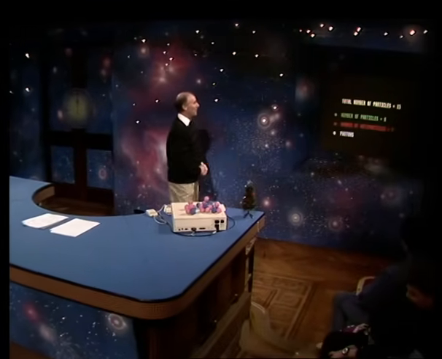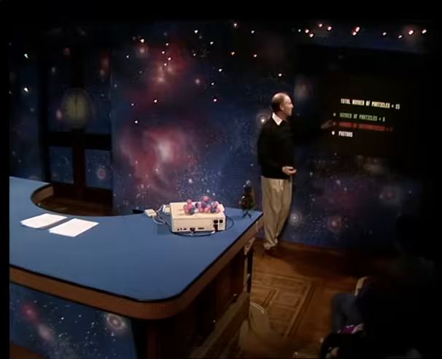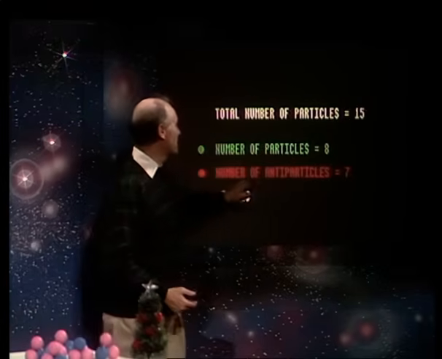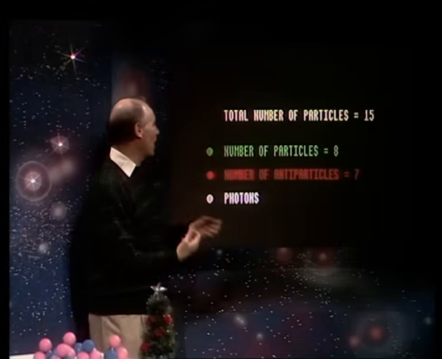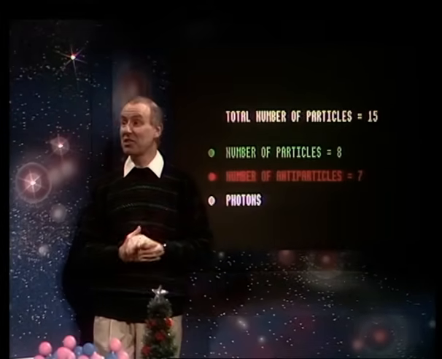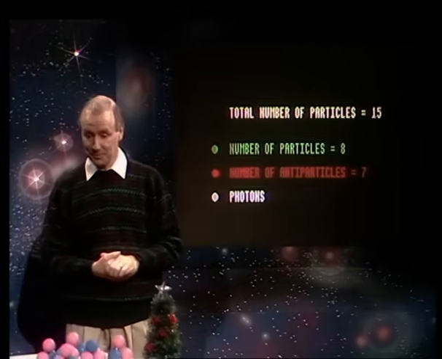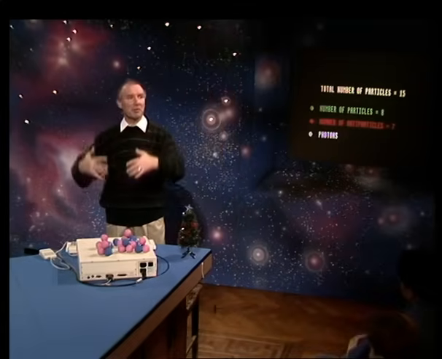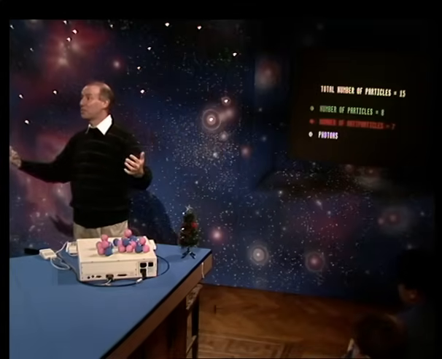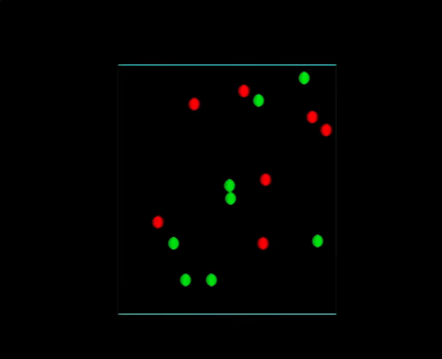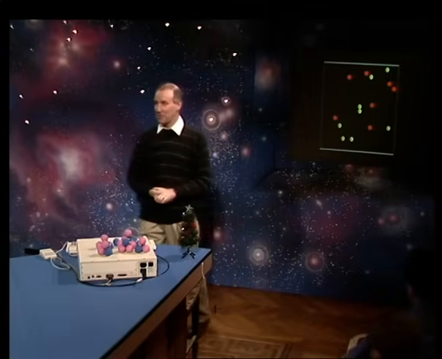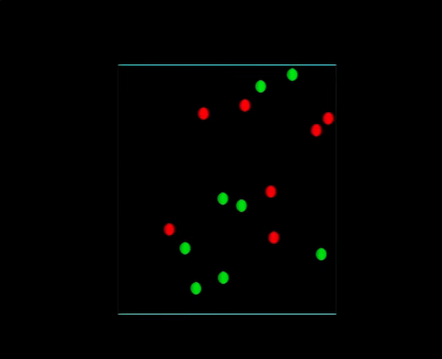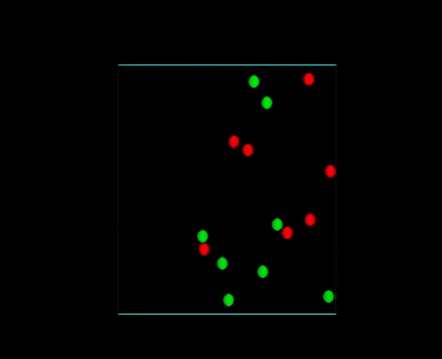And if we've got 15 particles, we're going to split them up into 8 particles and 7 antiparticles. They will collide, and when they collide, they will then produce photons, just the particles of radiation. So I will now set this up completely at random. I don't know what the result is going to be, but we'll set up this situation. The green particles are the protons, and the orange particles are the antiparticles. So let's run the program. Off we go in this game of cosmic snooker.